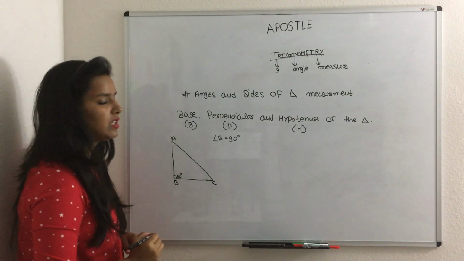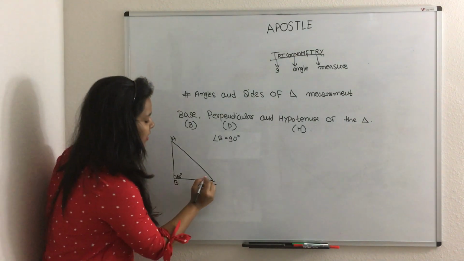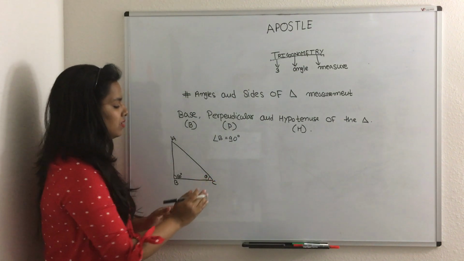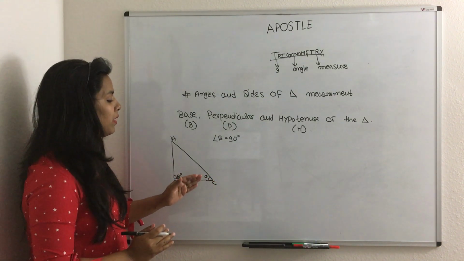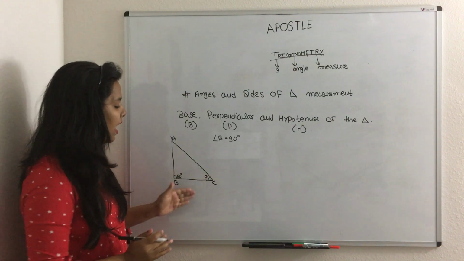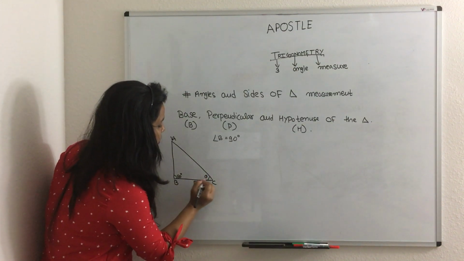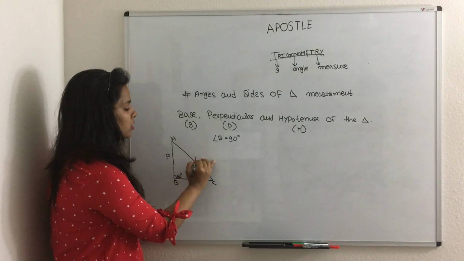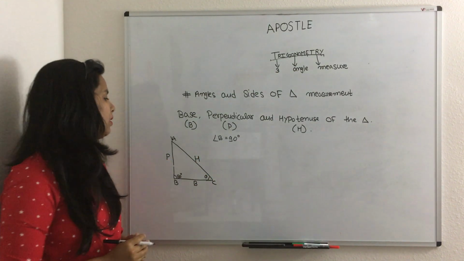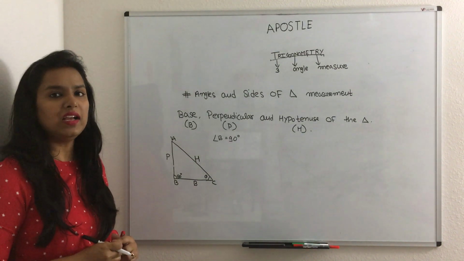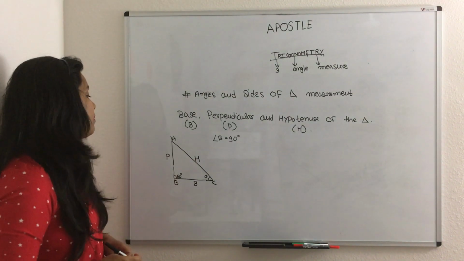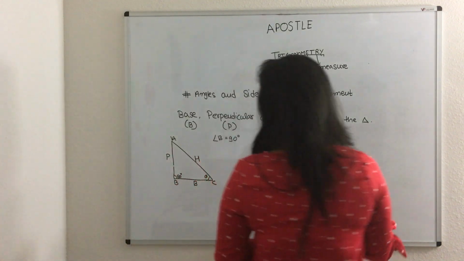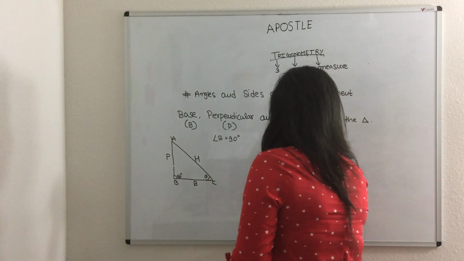Now we are considering the other angle at the position of angle C and we are going to name it theta. If we are considering angle theta, then our base is just adjacent to the angle theta and perpendicular is in the front of angle theta. Correct? And hypotenuse is always fixed. This is a really very important concept. If our angle is going to change, then our base and perpendicular are also going to change. For this reason, we are considering another triangle.